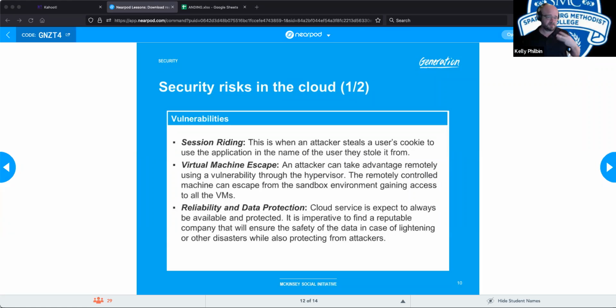They're taking ownership of what was your session and gaining access that way. So it's when they steal the cookies from your computer and use them as their authentication method to get in.